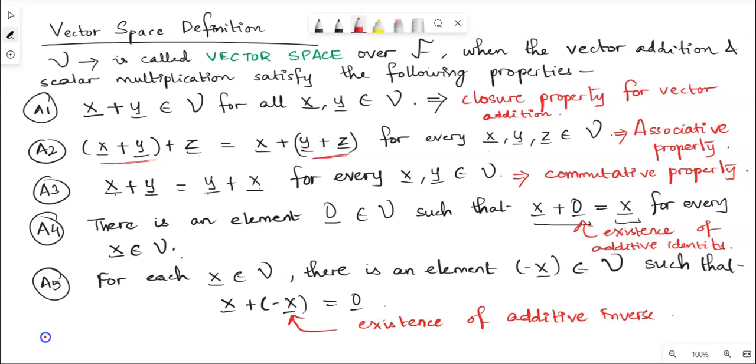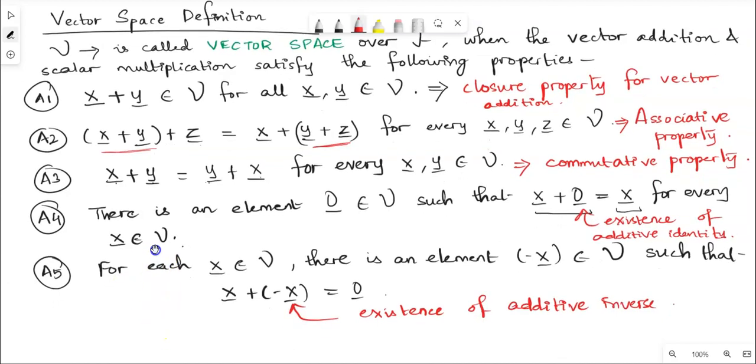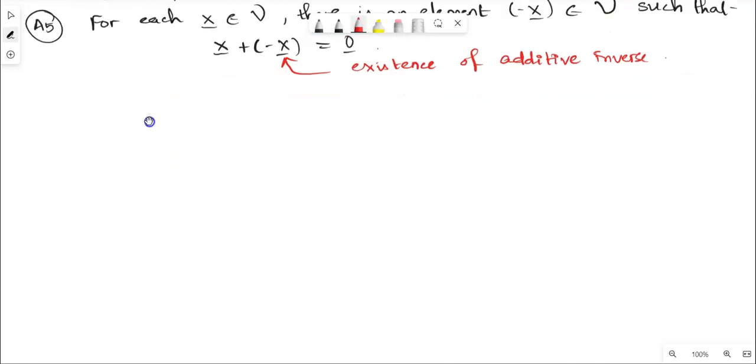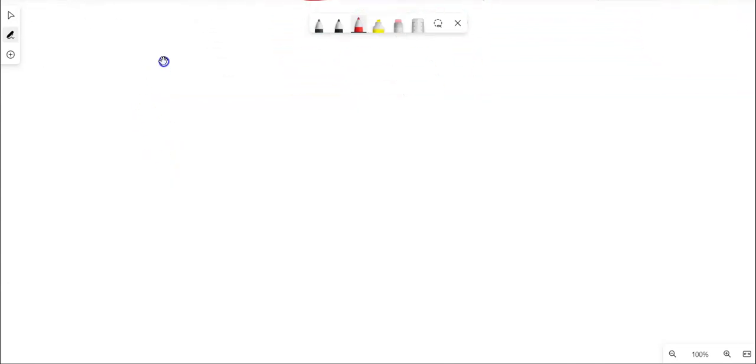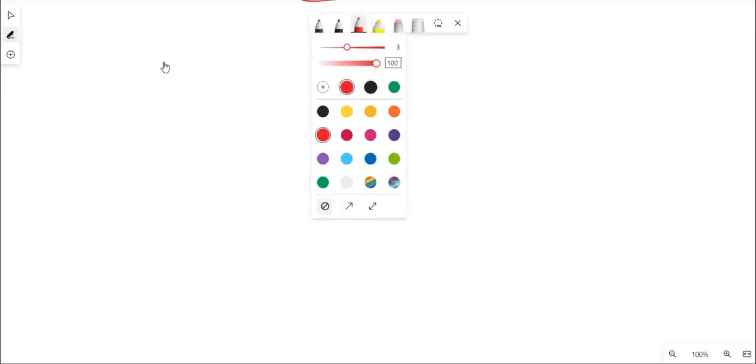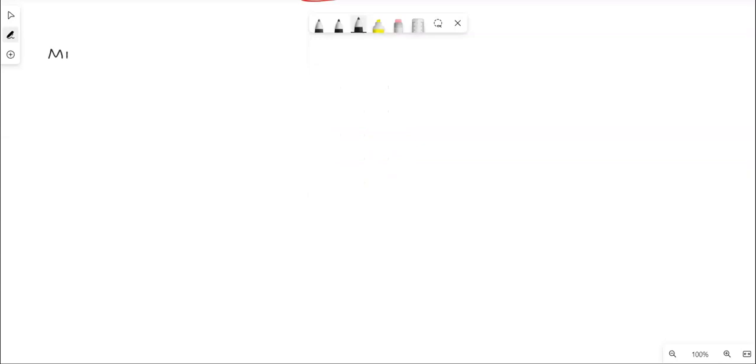So in the last lecture we discussed the vector space definition over vector addition. Now we'll see some of the properties or axioms related to scalar multiplication. So we'll define certain properties. The first property on scalar multiplication is